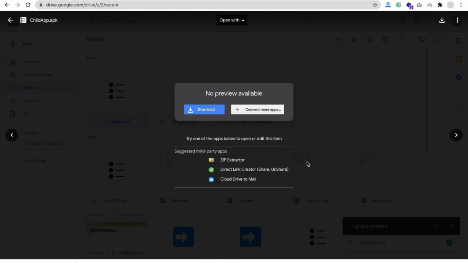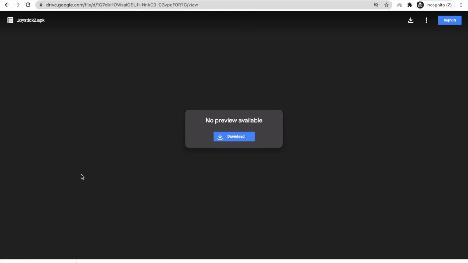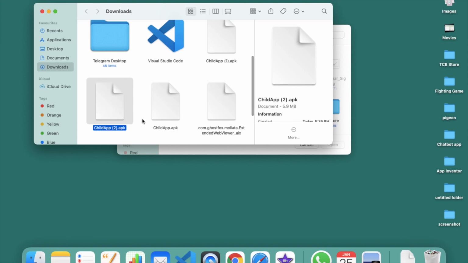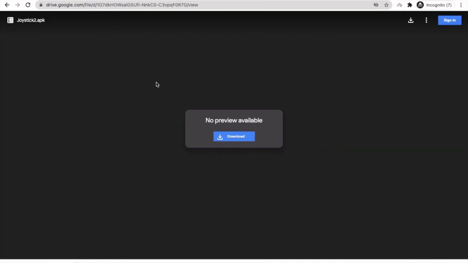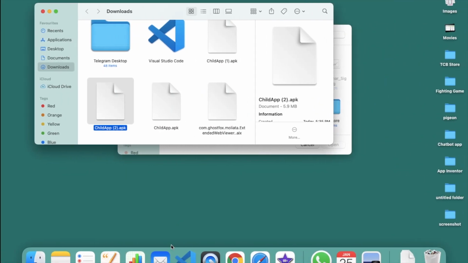Let me show you how it works. Whenever I put the plain link in here, it shows me this. But if I put this new link and press enter, let's see how it works. Just wait some seconds. It takes about 4 to 5 seconds, and you will find in my download folder that after I entered that link, I have that APK file. It means that is my direct download link from Google Drive. Good. You get 15 GB of free space, you all know that, right? So we can upload a lot of apps here and use this link.